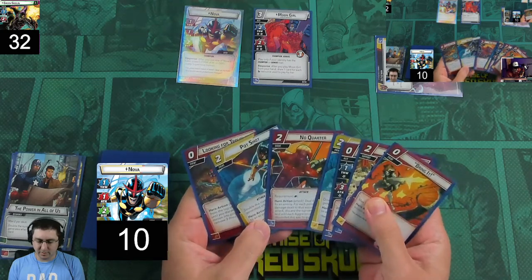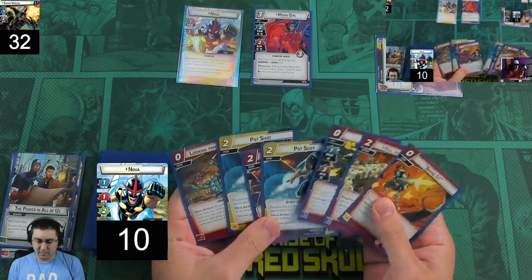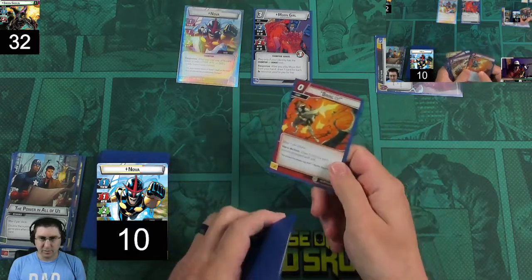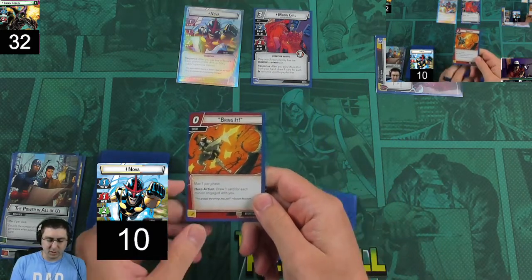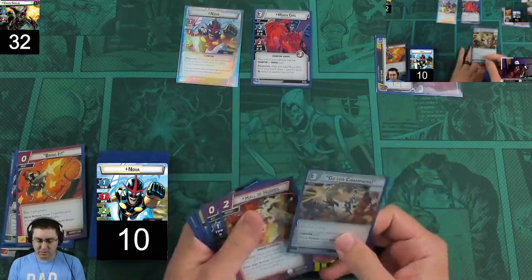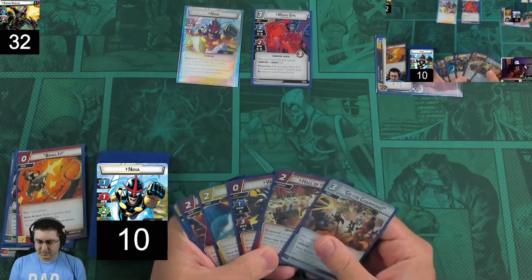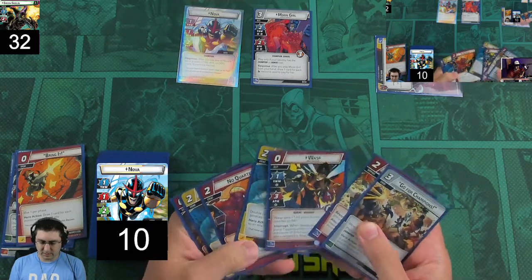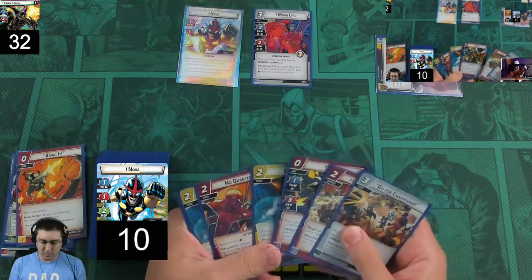There's no threat on the main scheme. So I'm going to use Bring It to draw a card for each minion engaged with you. There's 1 minion, so I draw a card. It's real good, but don't need it quite yet. What we want, though...